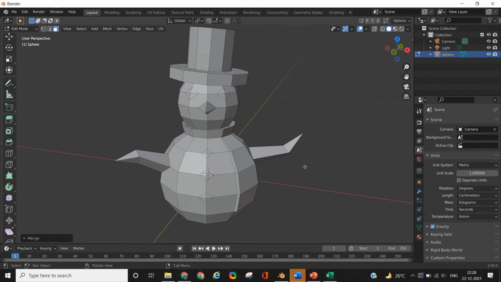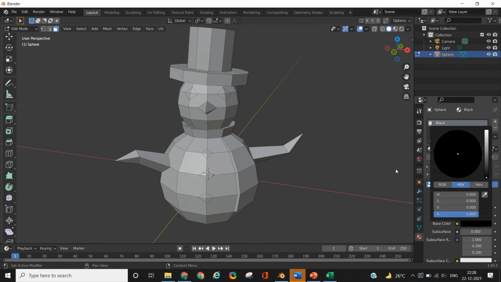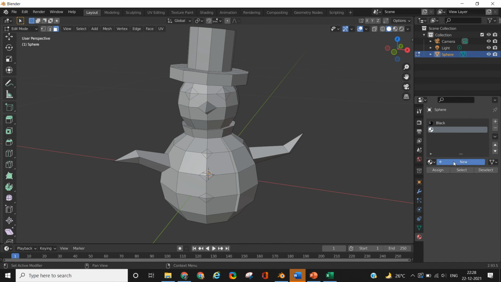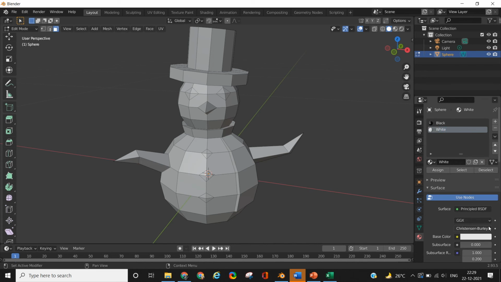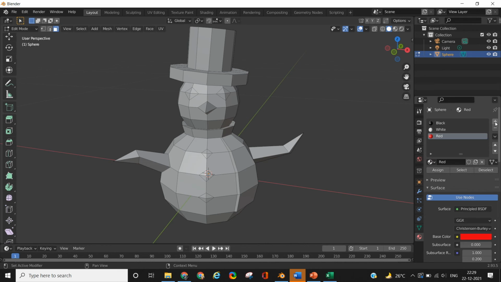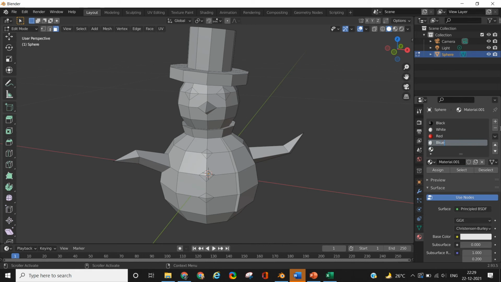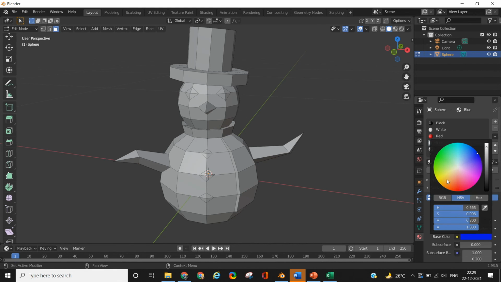Now it's time to define colors for our snowman. So for that, go into the materials section on the right hand panel, so there is this last option, materials, and now we are going to define colors. To define the first color, click on new material, then give it a name, the color that you want. In my case the first color is black, so in the color palette I am going to select the black color. Similarly, I would want other colors also. For example, I am going to require white, red, blue and brown. So I'll define all the colors in a similar fashion.